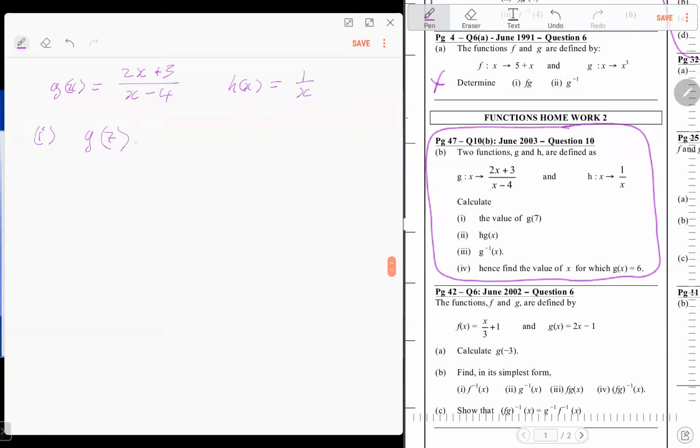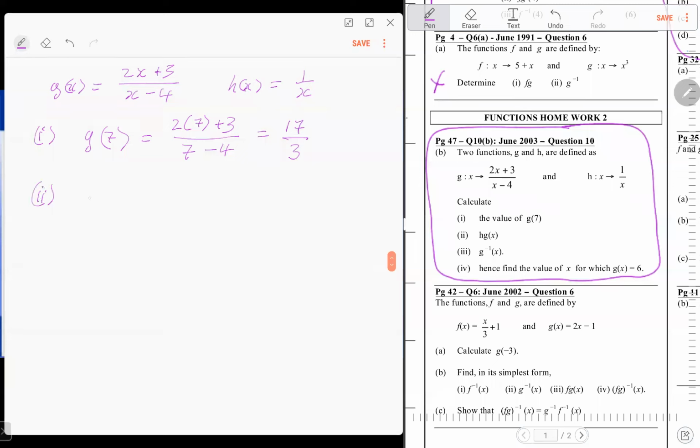So g of 7 means I put 7 in the g function right there. And so that becomes 2 times 7 plus 3 divided by 7 minus 4. 2 times 7 is 14, and 14 and 3 is 17. So the numerator is 17, divided by 7 minus 4, which is 3. So that is 17 over 3. I can leave it like that, no problem. All right, the next part, part 2,